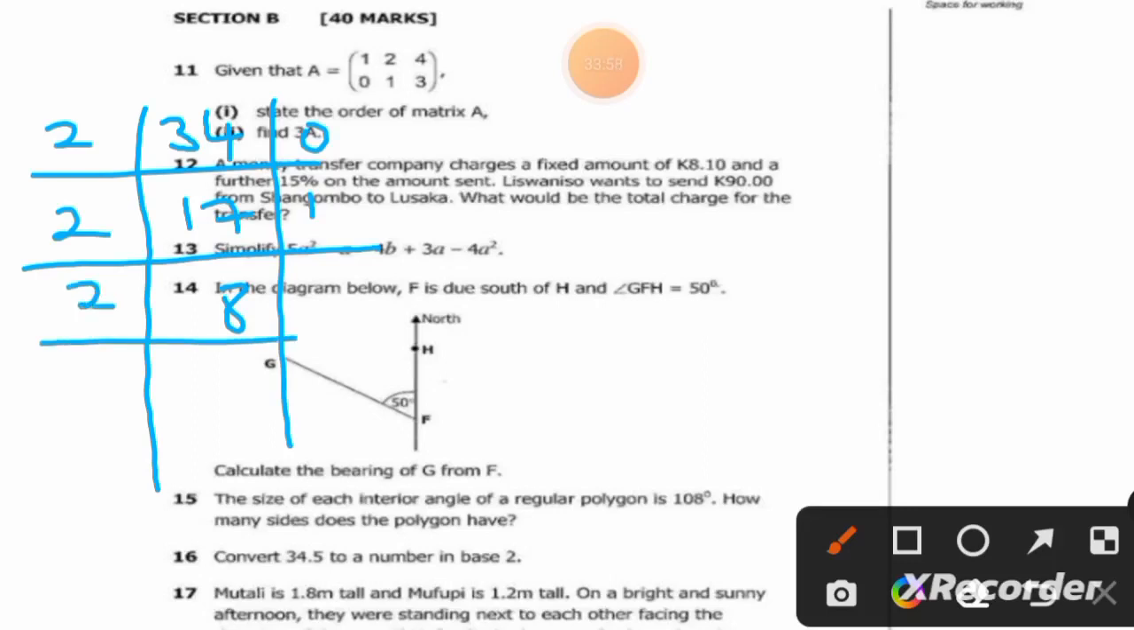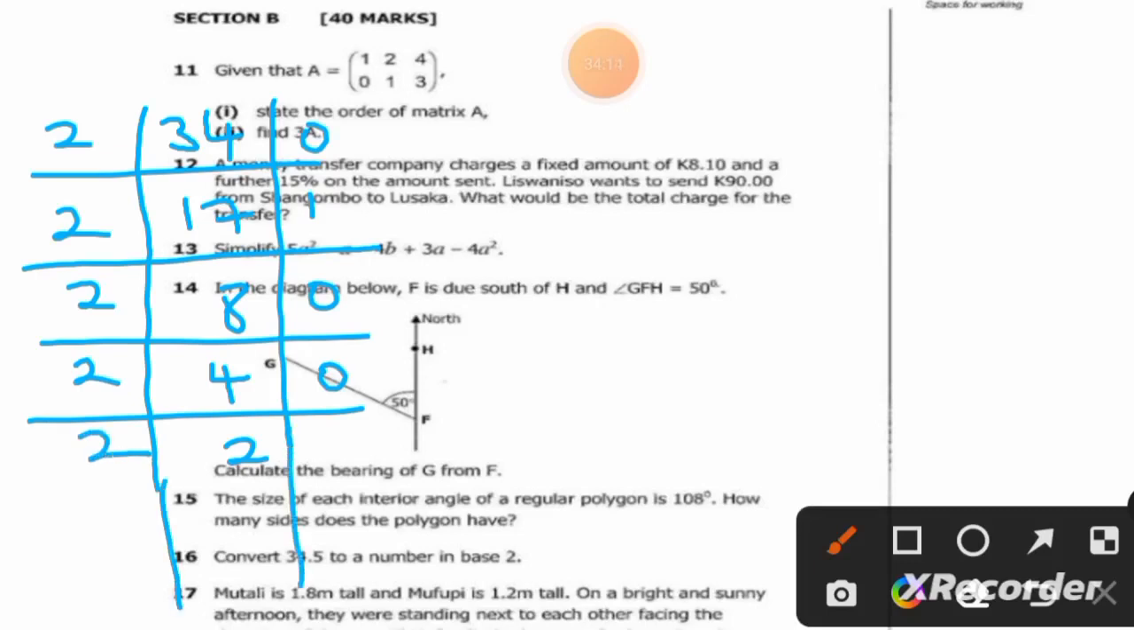8 divided by 2 is equal to 4 remainder 0. 4 divided by 2 is equal to 2 remainder 0. 2 divided by 2 is equal to 1 remainder 0. 1 divided by 2 is equal to